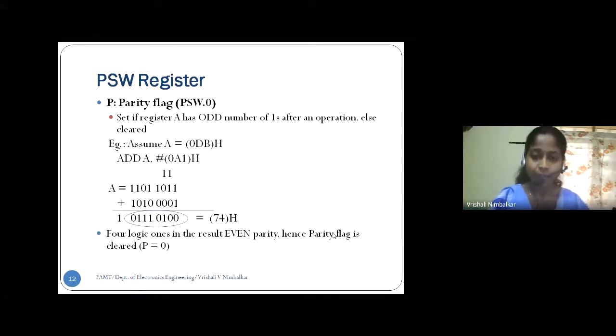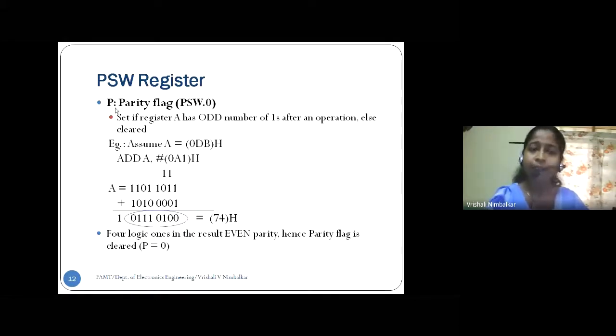In that 8-bit, we count logic ones. How many logic ones are there? If there are 3 logic ones, that 3 is an odd number, so we say the number is of odd parity. On counting, if I find 6 logic ones, it means the number has an even parity.